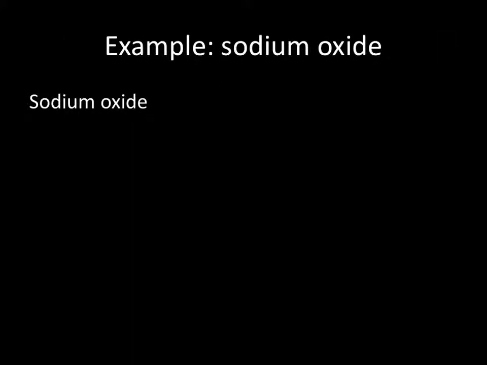Sodium oxide. So sodium oxide has the chemical formula Na2O, meaning there are 2 atoms of sodium for every atom of oxygen. Oxygen is a group 16 element, so therefore an atom of oxygen will have 6 valence electrons. So I'm just going to draw those around the outside of the symbol, and for simplicity's sake, pair them up at the top and the bottom. So there is a Lewis diagram for